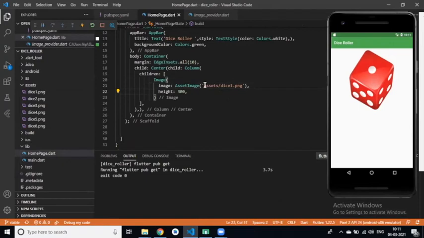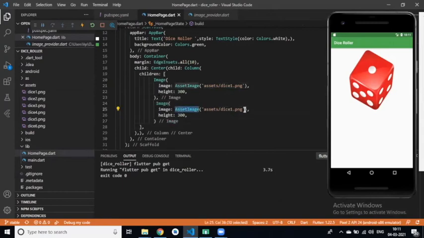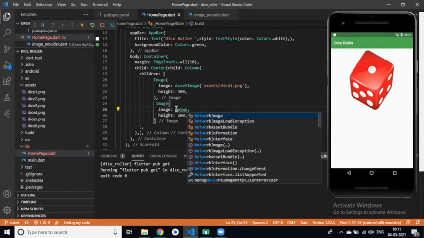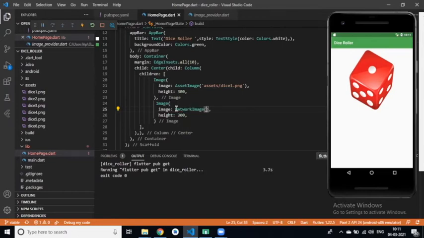In the image property, we can also pass a network image. Like if I copy this, within the image property we have a widget called NetworkImage. In this NetworkImage, we can pass a URL.